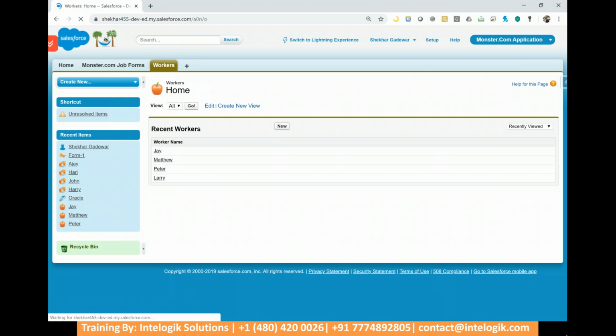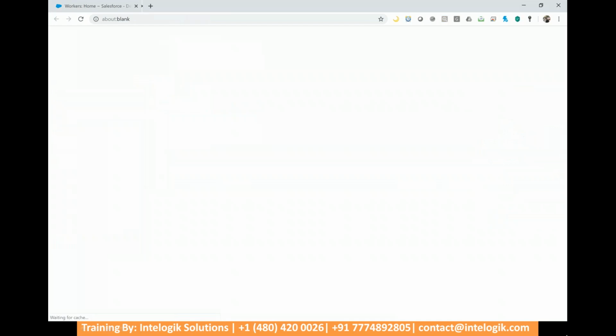Okay, and now from today onwards, the policy of the company changed, and the banking customer said, guys, if you don't know anyone as a reference, please don't give such kind of people. It's a big risk for us. We don't want such kind of employees. In this case, we got a requirement from customer that how you will solve this problem. We said no problem. We will go for self relationship. So create a relationship field,